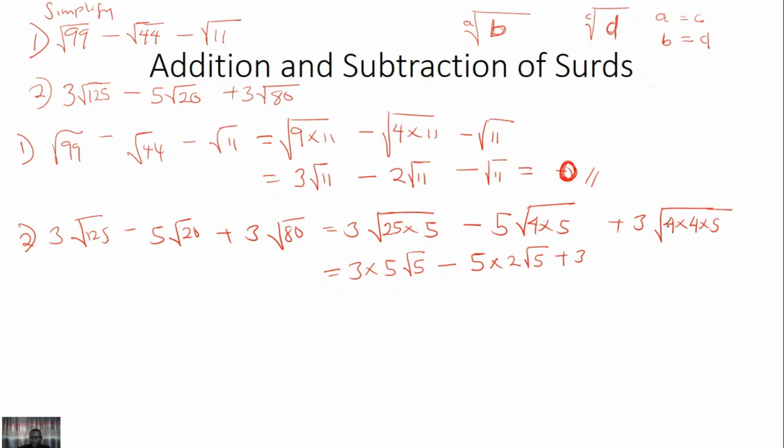Root of 16 is what? 4. Times 4 root 5. Okay, if we are to simplify this, this will be 15 root 5 minus 5, sorry, minus